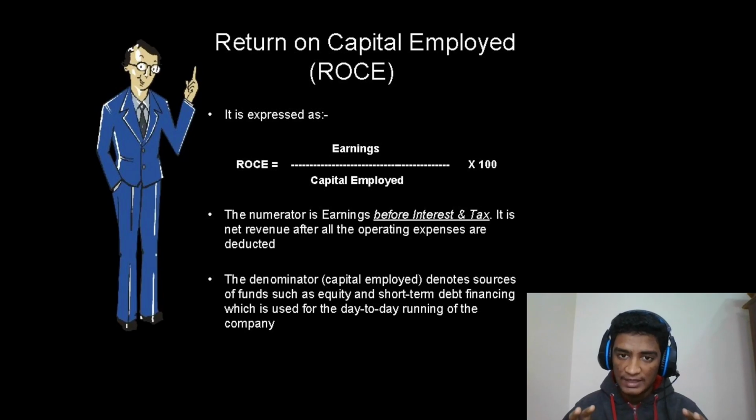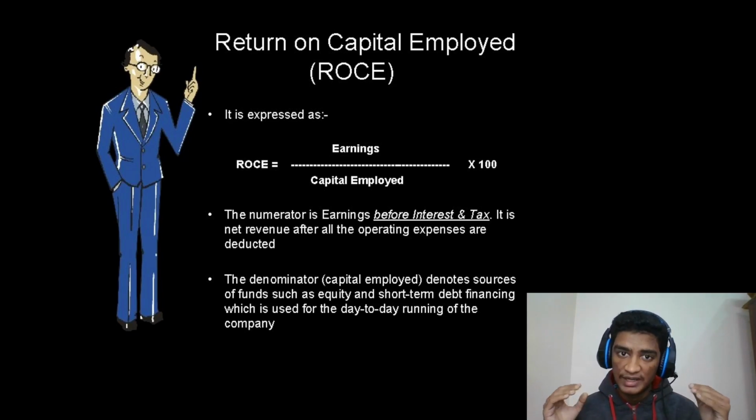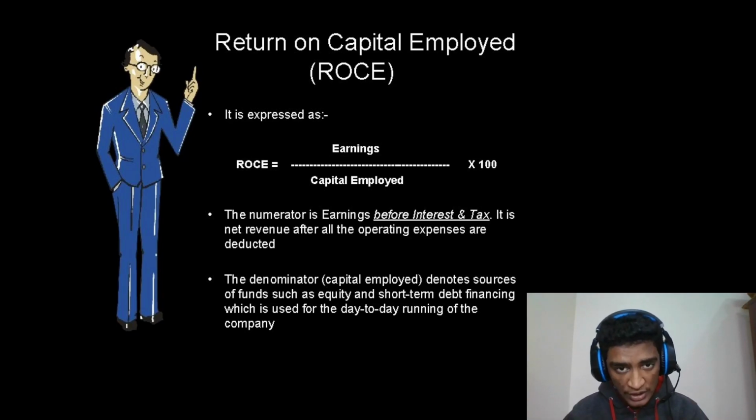So return on capital employed is defined by earnings before interest and tax relative to its capital employed. Now here, earnings before interest and tax mean whatever net revenue the company is generating after you deduct the operating costs; whatever you are left with is called earnings before interest and tax. And capital employed here includes the shareholders' equity as well as the debt and borrowings of the company. So now, while relating the earnings, we are also considering the debt and borrowings of the company. So this also shows us how efficiently the company is able to manage the whole capital, not just the shareholders' equity, but also the borrowings.